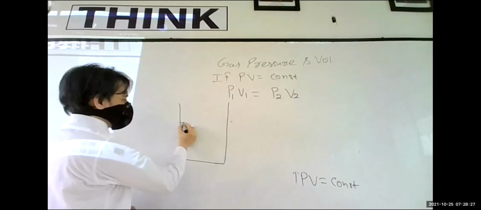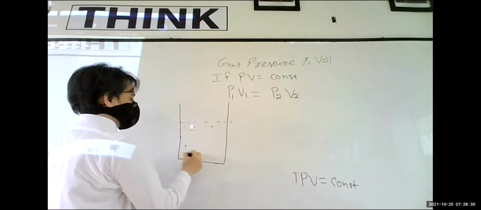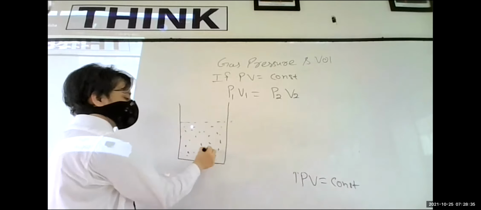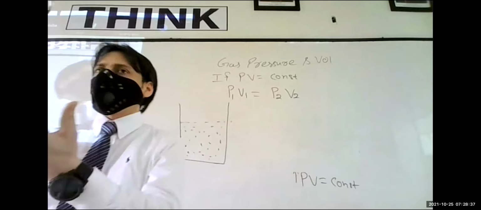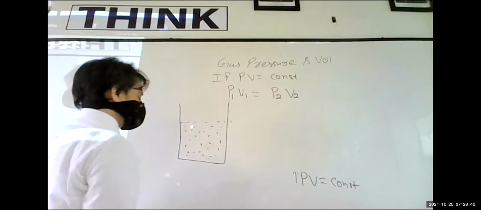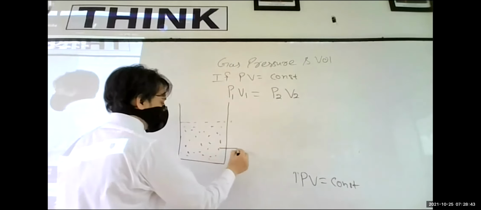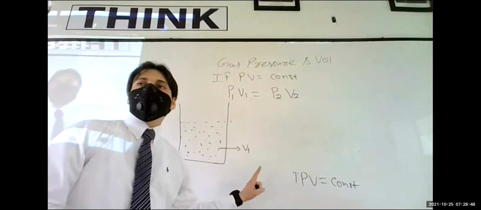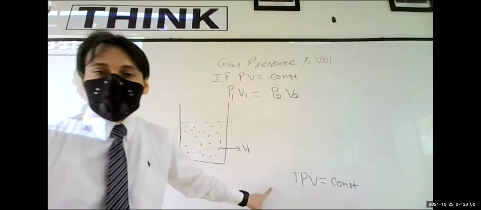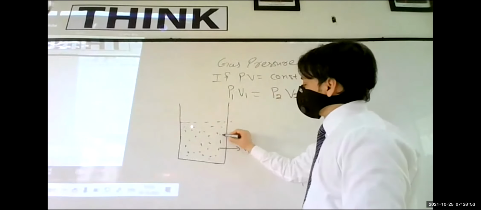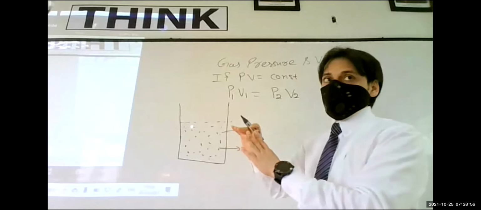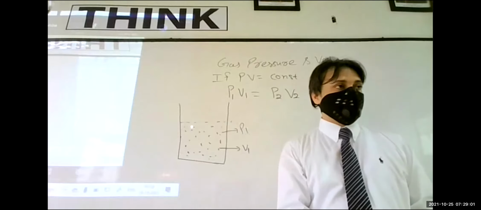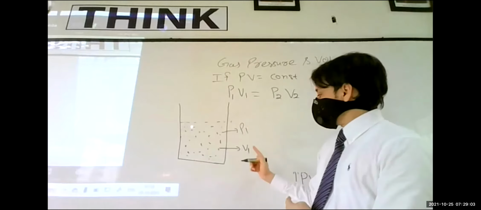To know what this P1 V1 is, again let me draw a diagram. Again, children, I have this container and I fill this container with some gas. Some gas particles are there. A fixed mass of gas. I have taken a certain quantity of gas in this container. Suppose when I fill this gas, its volume is V1. That is called the initial volume. Please note it down somewhere, children. V1 is called the initial volume. And at that time the pressure acting on the wall of the container, I can consider that this is P1. Initial pressure is P1, initial volume V1.